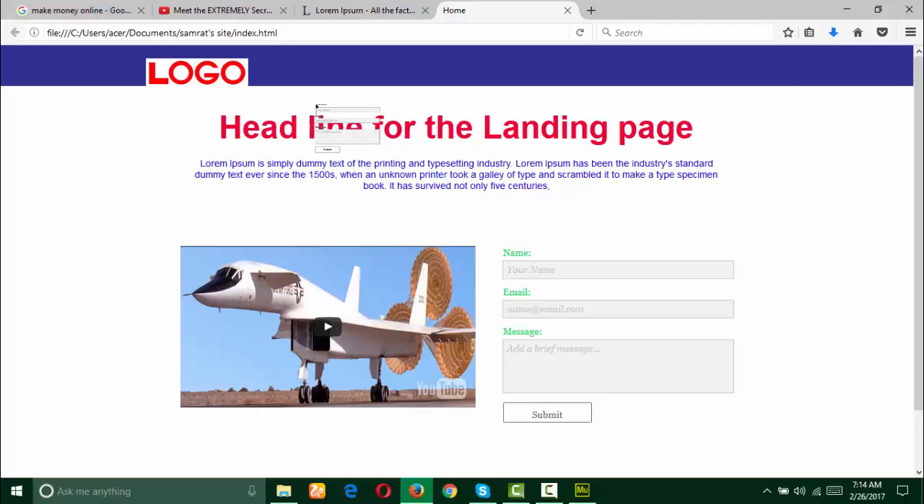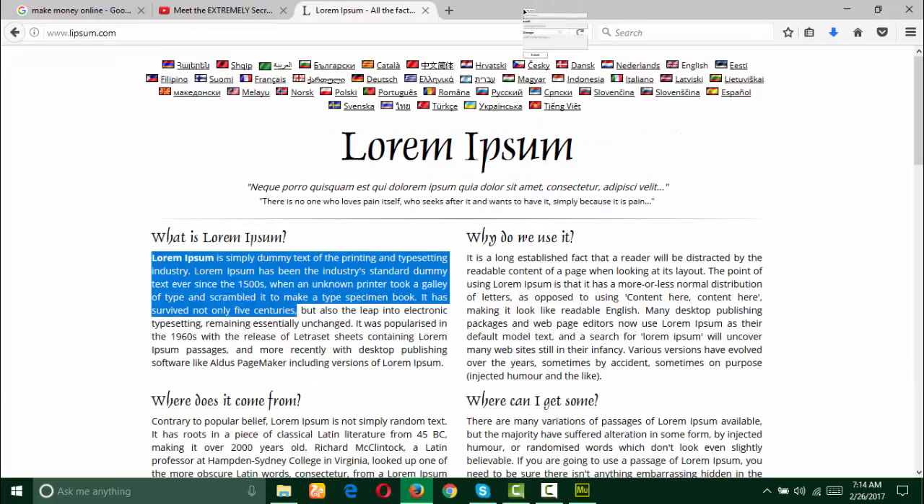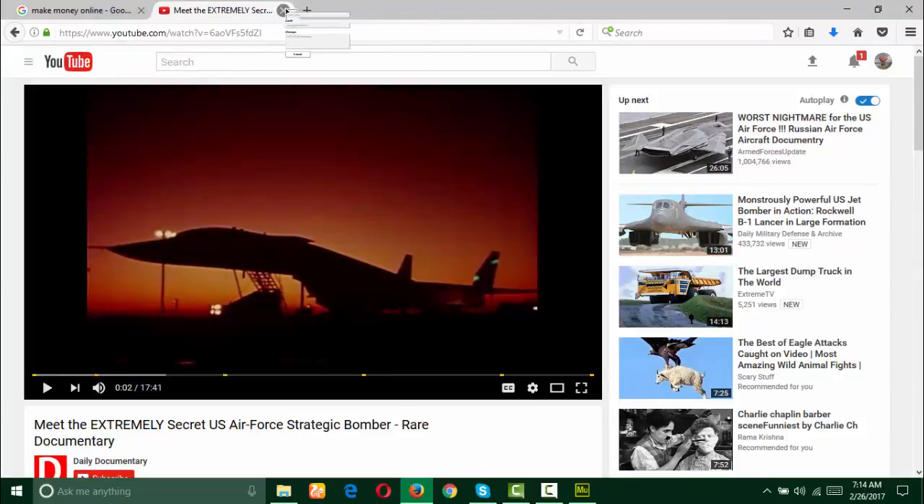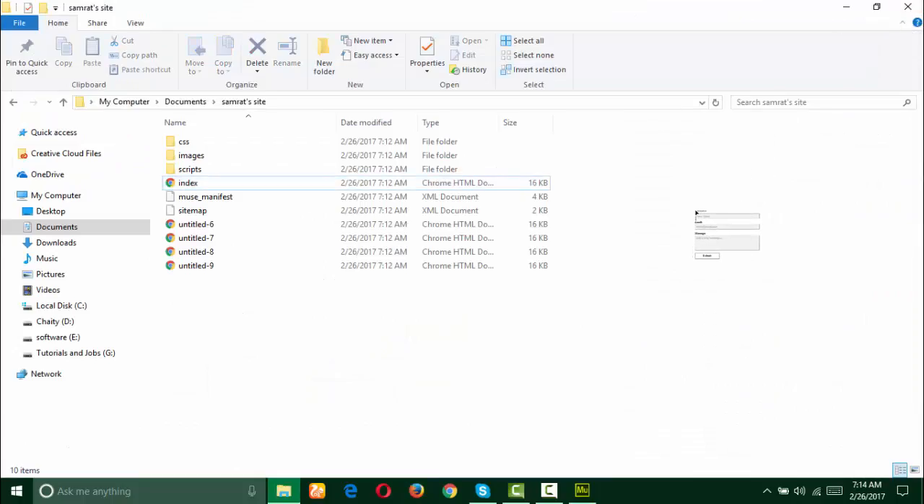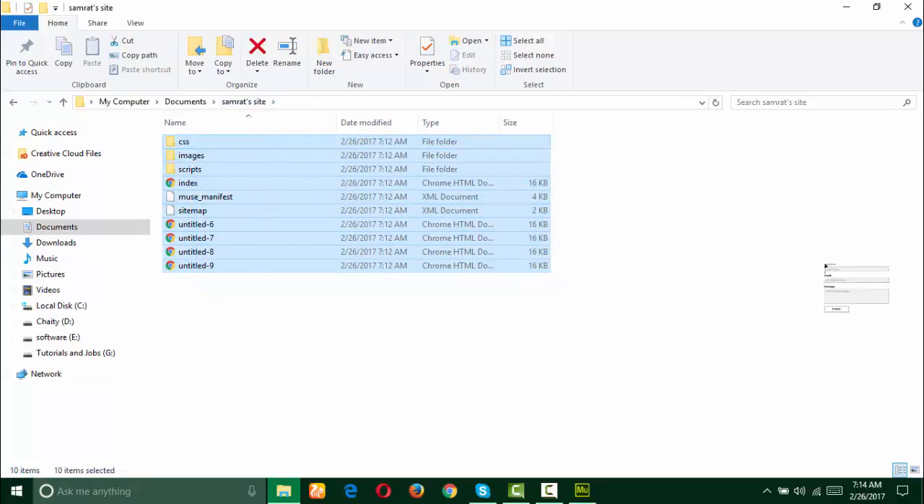So this is how you can design a perfect landing page for your client, for your personal purpose, or for anything. This is very easy. If you want to work for any customer, simply click on this page, select all, zip it and deliver it to your